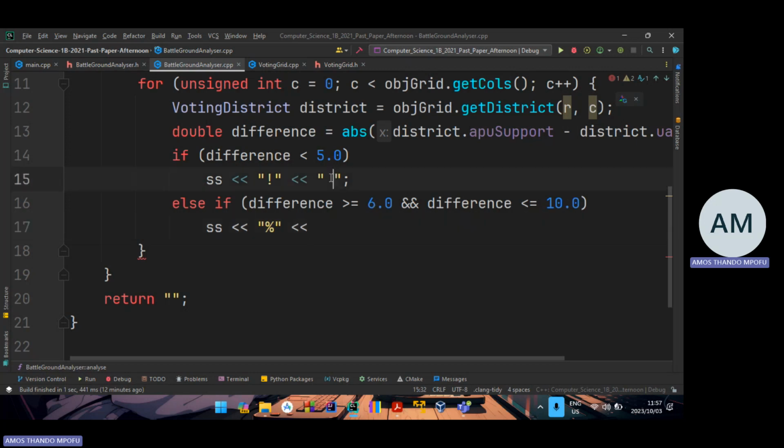So let me see. I just realized something. I don't have to put that space separately. I can just put it here. As you can see, this is equal to this. It's the same space. So I can just avoid that and just output the space afterwards like this. It's gonna work exactly the same way. And then